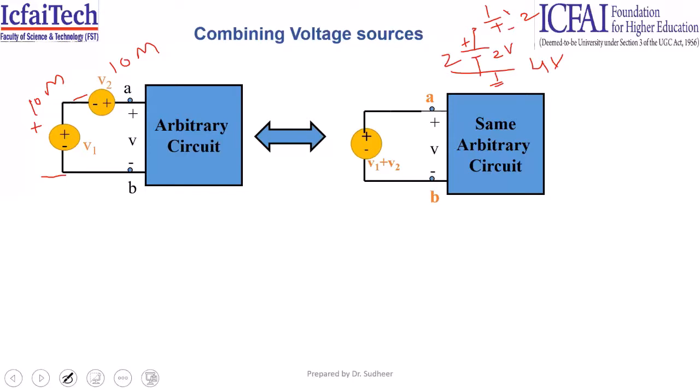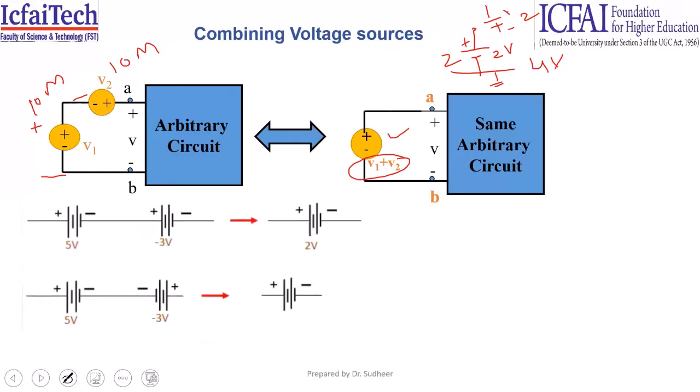So when they are connected in proper polarity, the two voltage sources can be replaced with a single voltage source whose voltage is V1 plus V2. Let us analyze this with a simple example. Here you can see point A to point B: VAB is 5 volts, and from B to C, VBC is minus 3 volts. When I want the potential difference from A to C, they are connected in proper polarity, minus is connected to plus, so obviously the formula will become V1 plus V2.